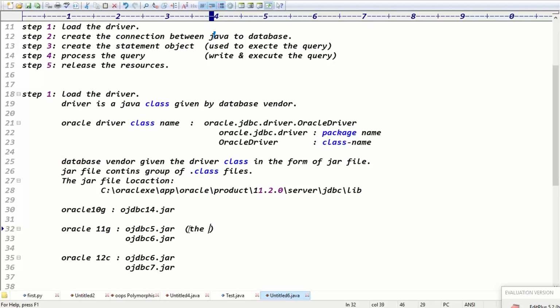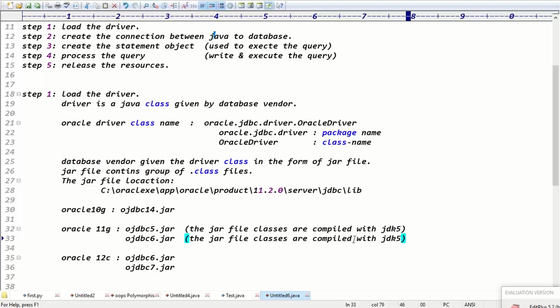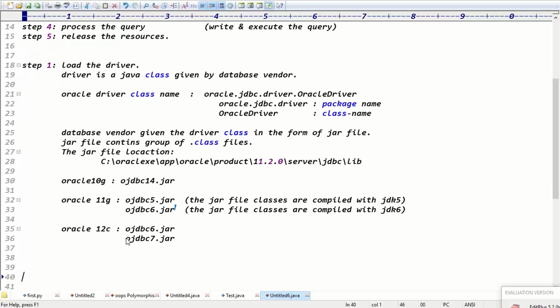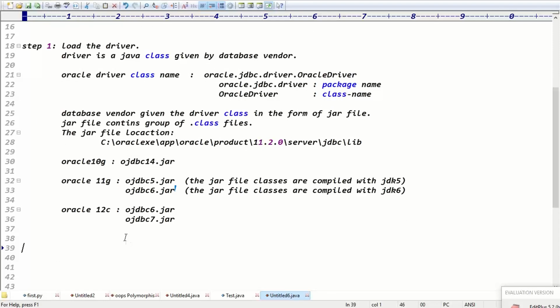The OJDBC5 jar file classes are compiled with JDK 5th version, and the OJDBC6 jar file classes are compiled with JDK 6th version. OJDBC6 is the latest version here. Guys, is it clear now? Good, guys. These are the Oracle jar file locations.